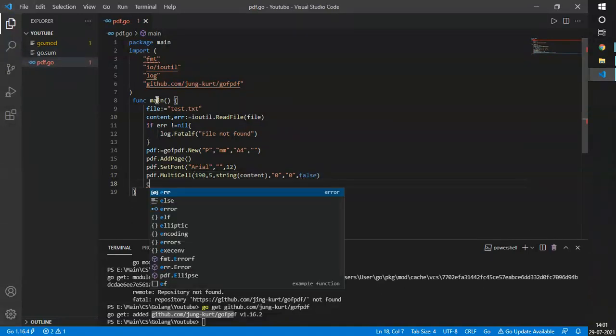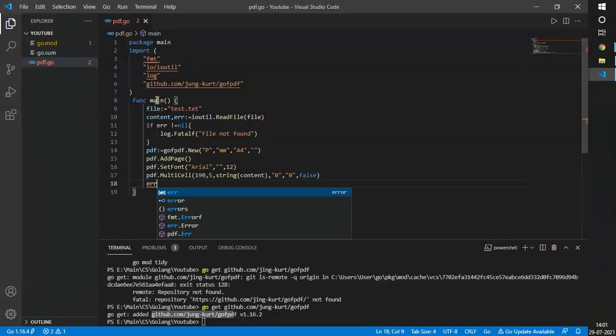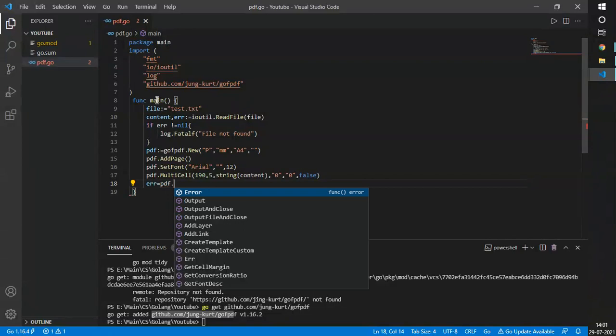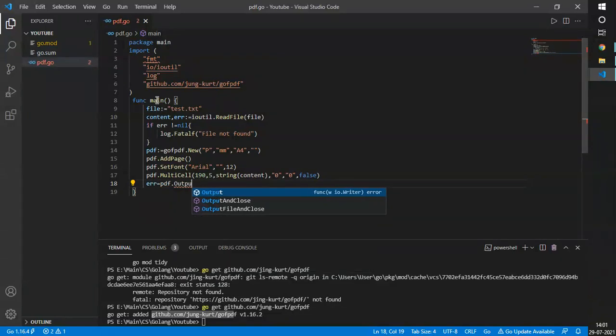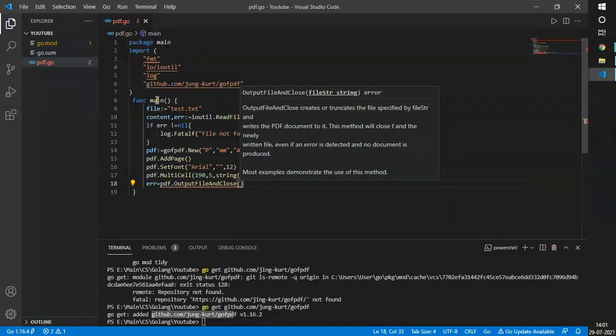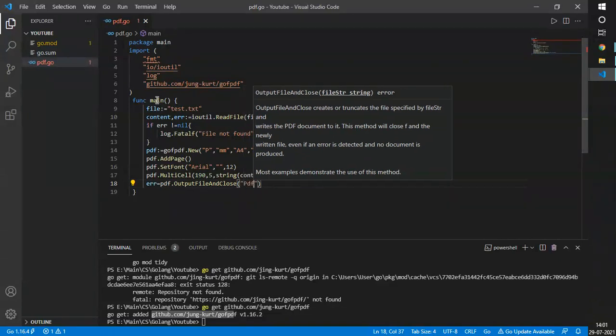Moving further, we are almost at the end part. F dot output file, and here we just have to give the name of our PDF. I have been naming it PDF1.pdf, or you can put any other name.